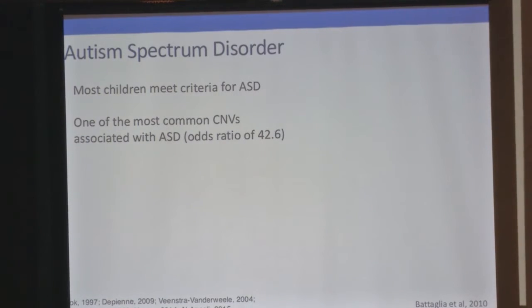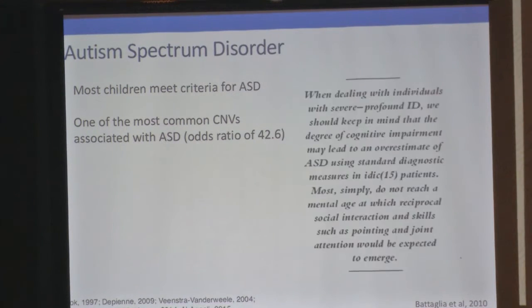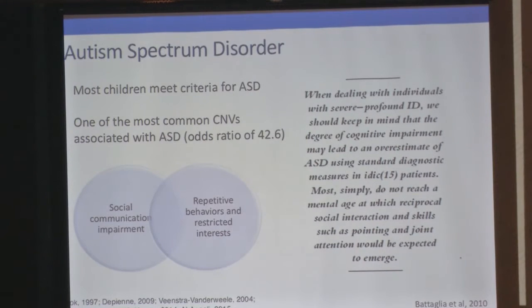Okay, so what about autism? Most children with Dup15q syndrome meet criteria for autism when actual standardized testing for autism is performed. It's actually now recognized as one of the most common copy number variants associated with autism. And for those of you who may not be as familiar with the clinical side of autism, autism is a behavioral diagnosis, right, based on having impairments in social communication function